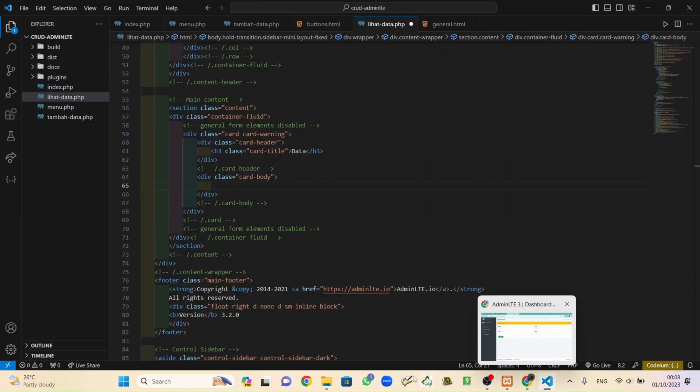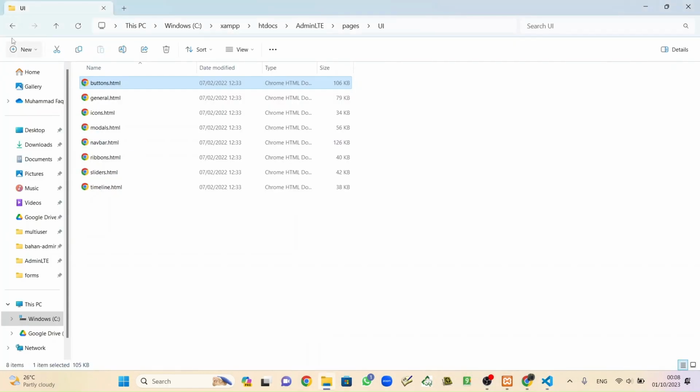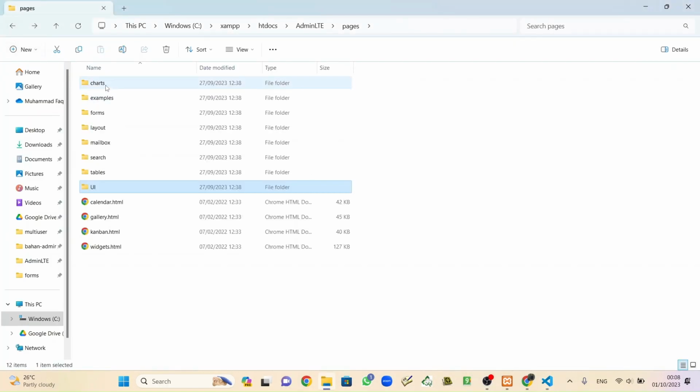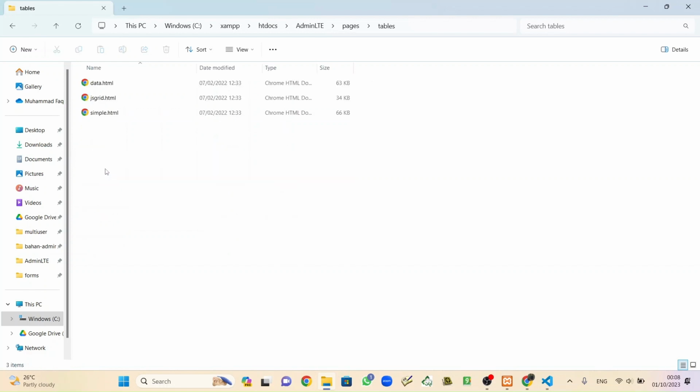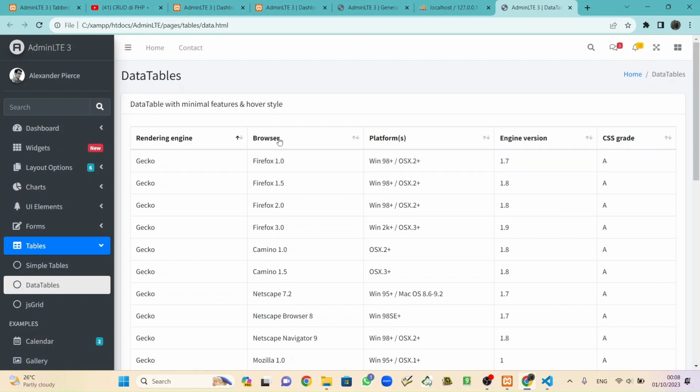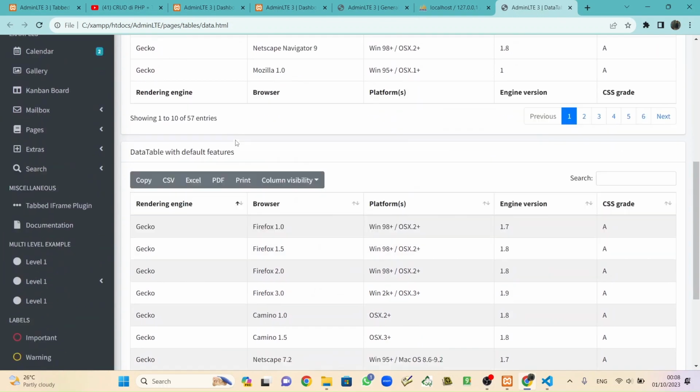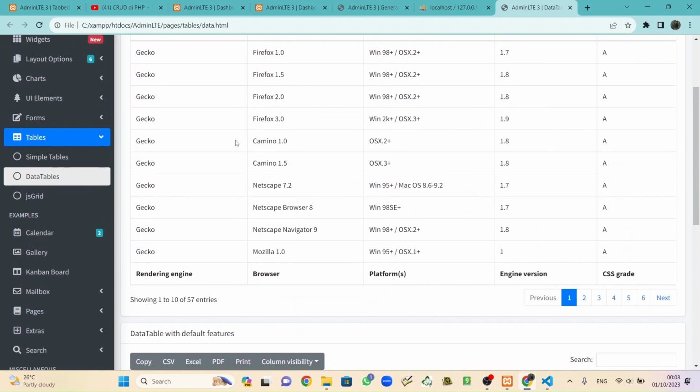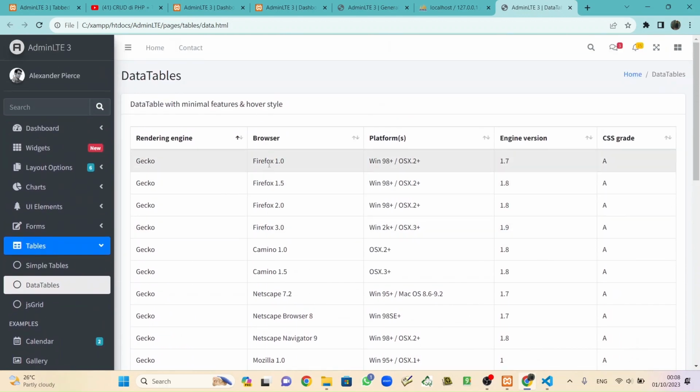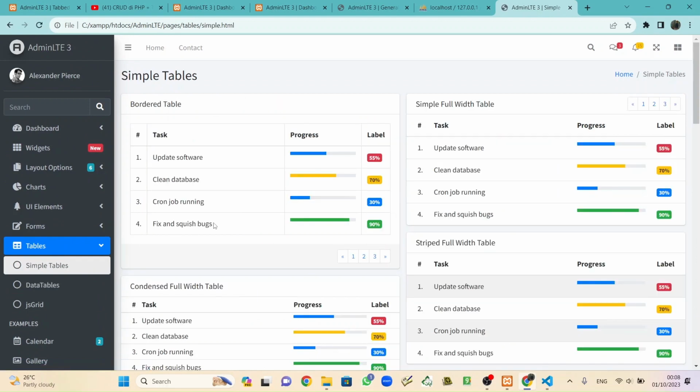Table, we can go back again to the file or folder, tables, data. Okay, data. We can check it first. Okay, just use this. Simple. Or maybe this, or maybe this.